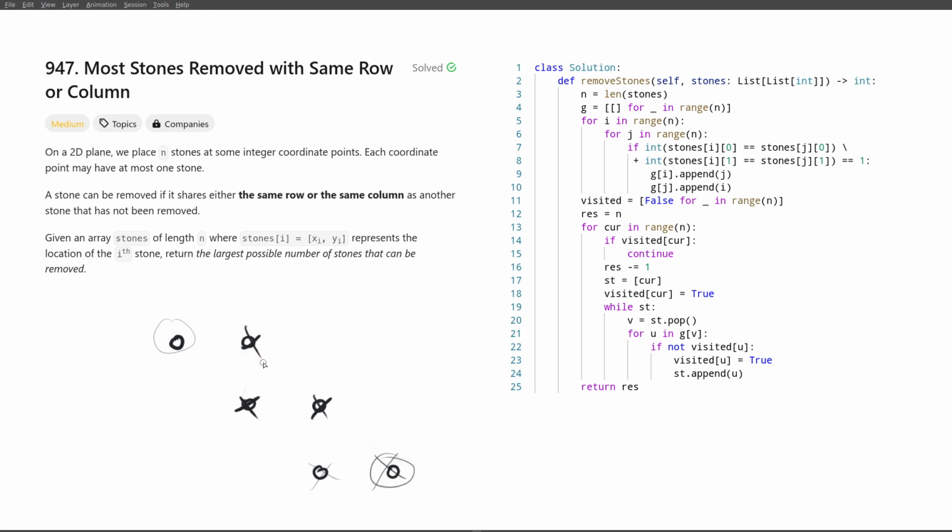And of course, in that chain, the last link, well, it's impossible to take it. There is nothing in the same row or the same column remaining. And of course, it doesn't have to be a chain. It can be a cycle like this, for instance, and still from the cycle we can remove 3 of those 4 elements. And more generally then, if we separate the stones into groups based on connectivity, so whenever 2 stones